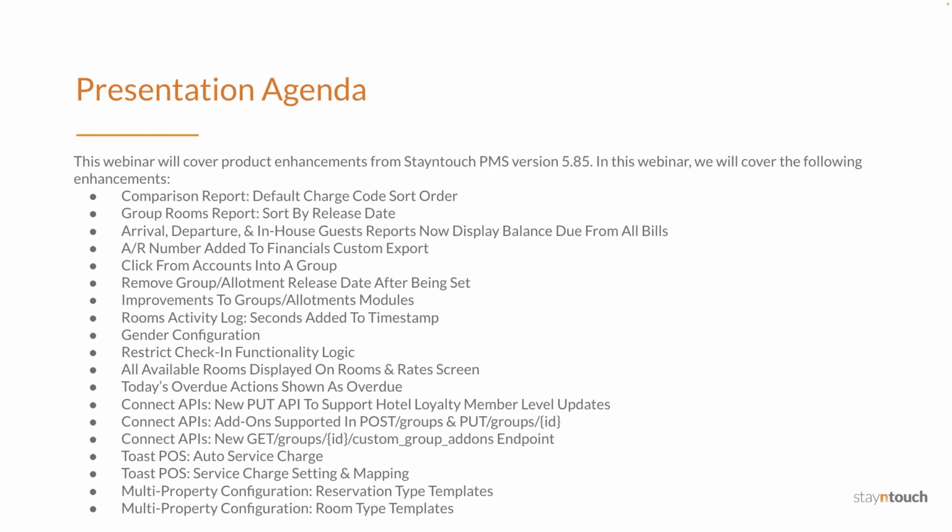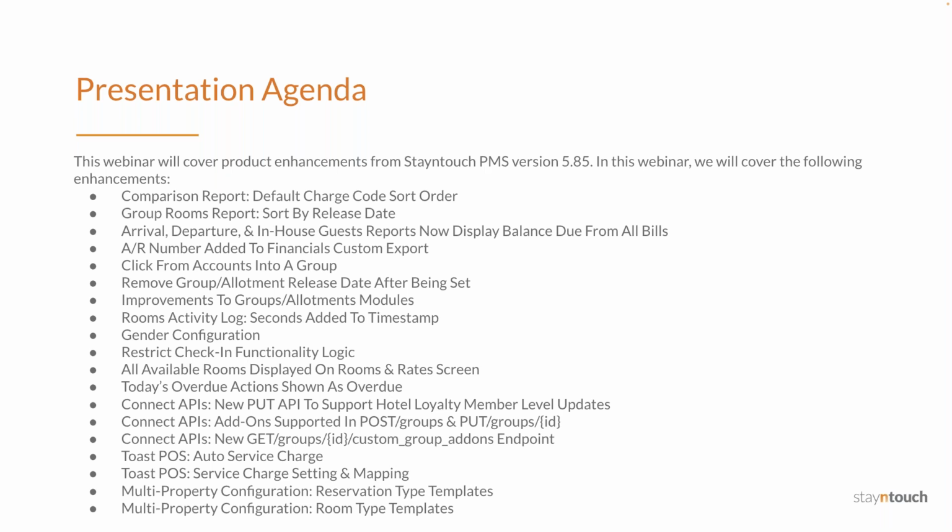Today's presentation will cover how you can get the most out of the Stayntouch PMS version 5.85 product release. In this webinar, we'll cover the following enhancements: the new default charge code sort order option on the comparison report, the option to sort by release date on the group rooms report,